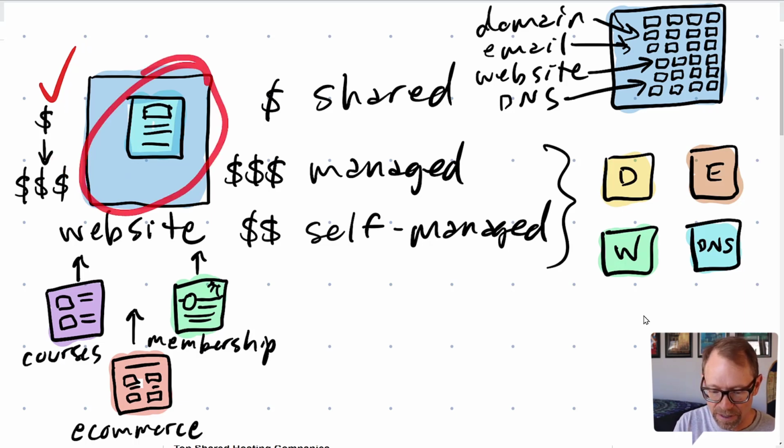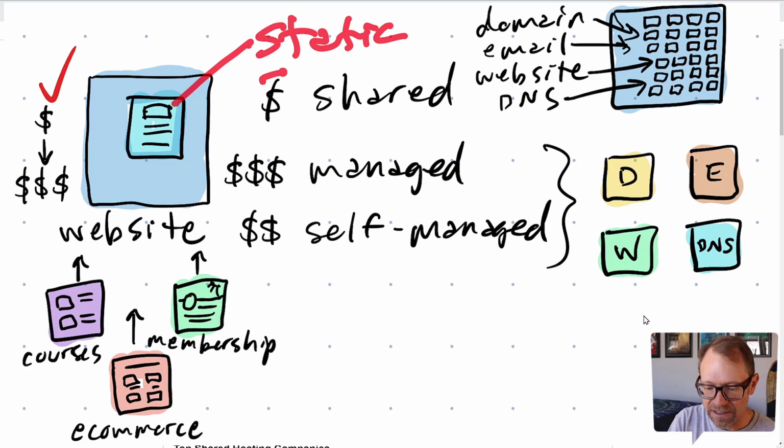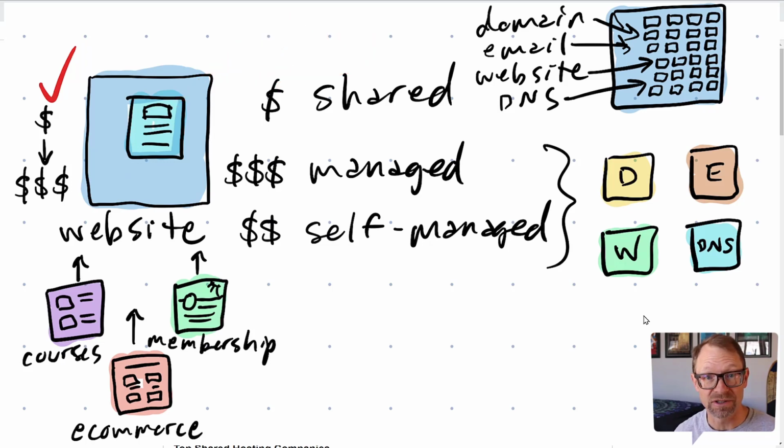And then if you're talking about websites that need dynamic and logged in users, and by dynamic, I mean that the website pages can't be served statically. A lot of websites can be cached on the server, so that when WordPress delivers the page to the user, those static pages have already been created and saved on the server, and they can just be delivered instantly and with speed. However, with other types of more advanced websites, like with LMS systems or courses, learning management systems, or